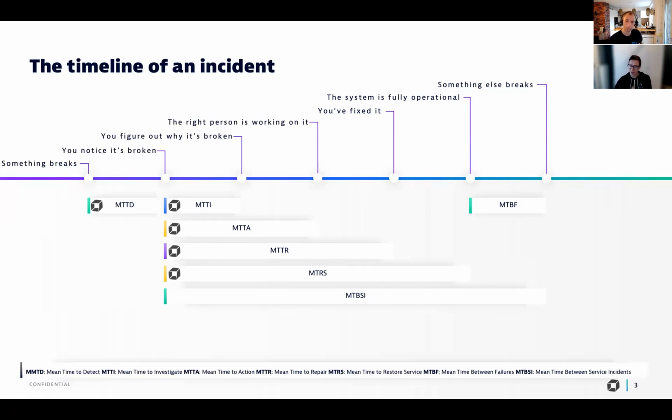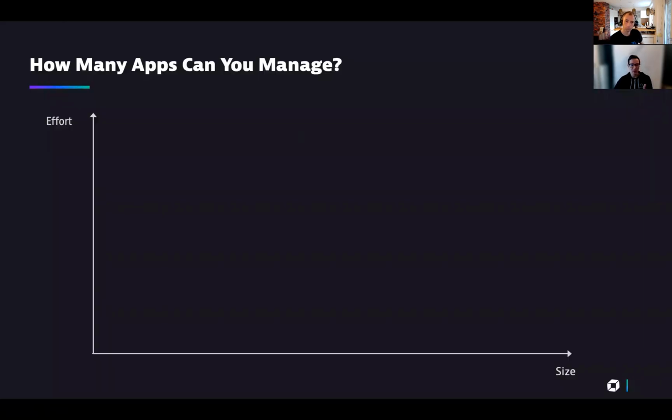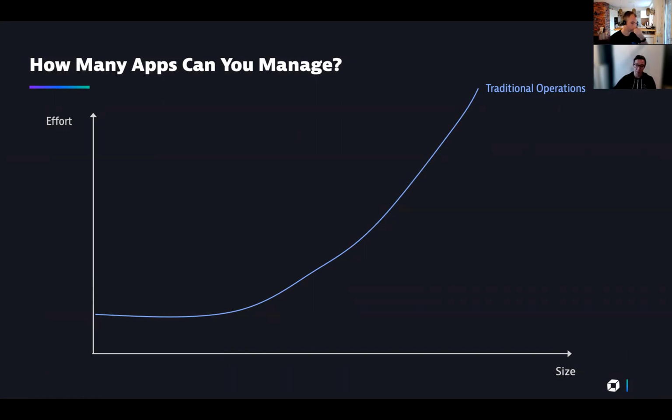Now, if you take that into account and look at the following graph, which shows how much effort it takes for a team to manage apps as the number of apps grows, you'll see that it grows exponentially if you do things in a traditional way. On the previous slide, we mentioned we want to keep the mean time to repair and these other times as short as possible, but as we have more apps, it takes exponentially more effort, and at a certain point we'll reach an unmanageable size,